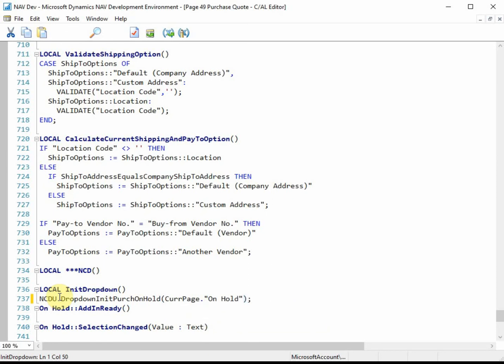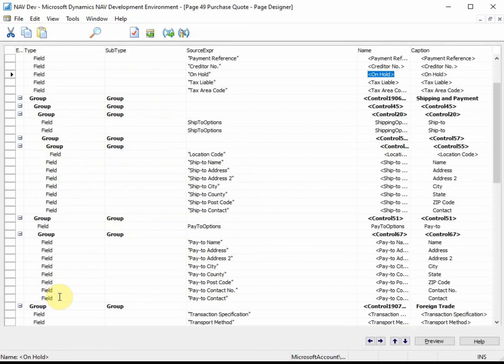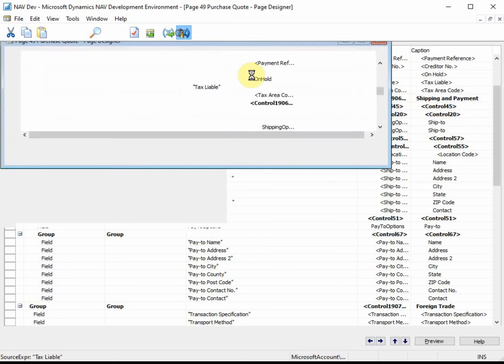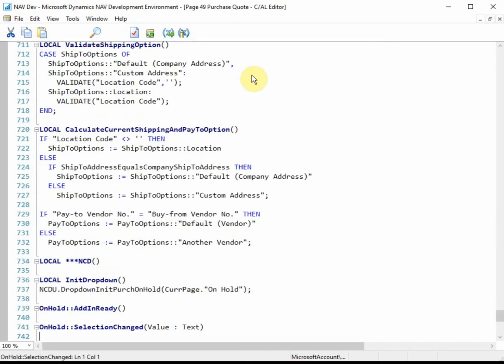In case you are unaware, although nav will let you reference the on-hold field with a space in it, at compile time, it will complain and make it appear as though you can't pass the reference this way, but it's really because of the naming convention.